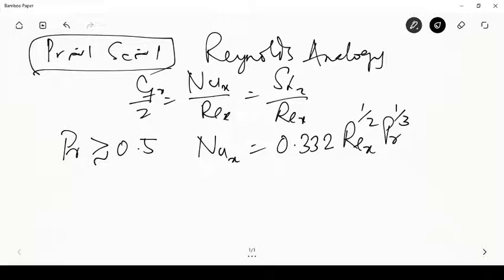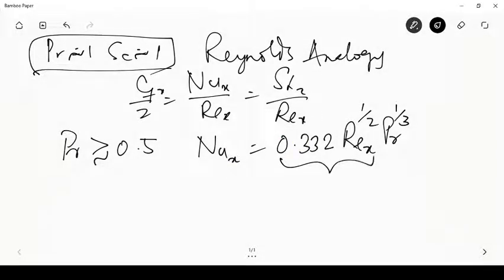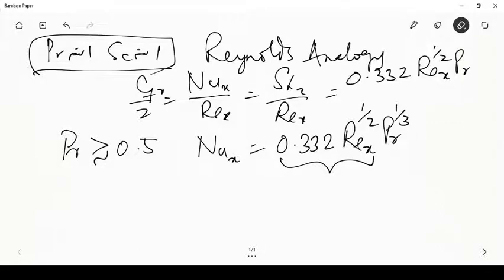Now, you remember that this expression is something that we are already familiar with. That is, when Prandtl number equal to 1, that was the Nusselt number. So in this case, this was 0.332 into Rex to the power of half. The Prandtl number is 1, this remains as 1, and this divided by Rex,